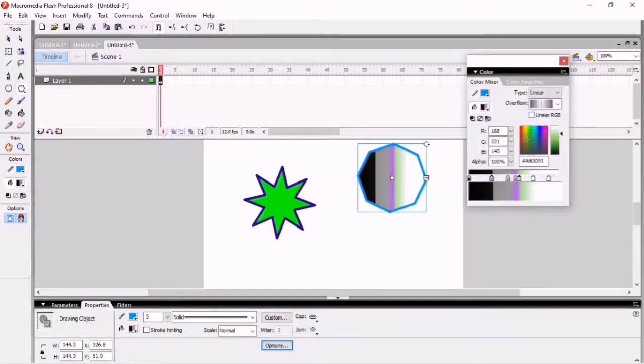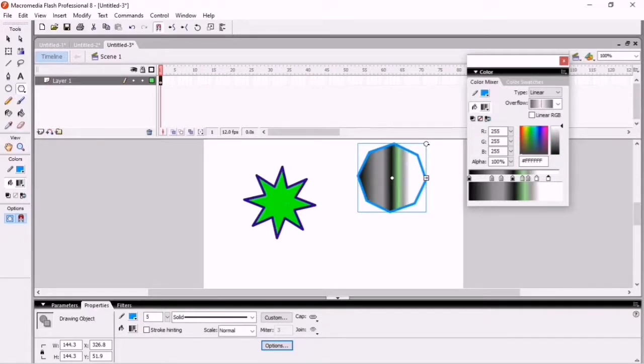So you can see these colors appear here. You can increase or decrease by selecting this one. You can see this increase or decrease, and again select a color like this one, and from here you can move this up and down. So in this way you can select more colors. Okay, so these are linear.